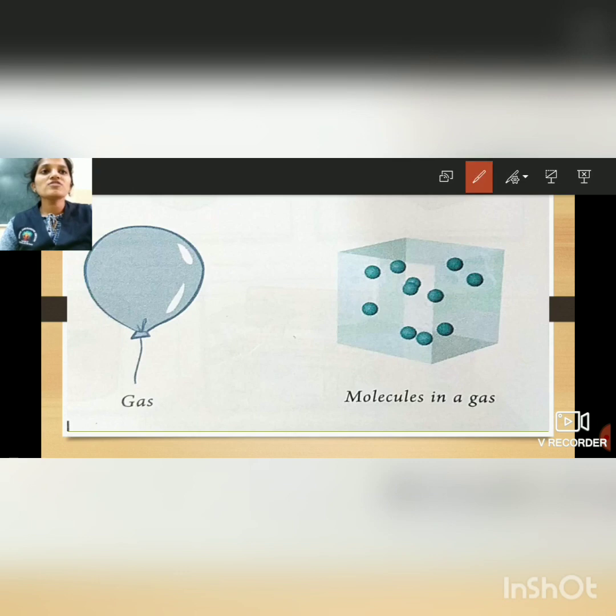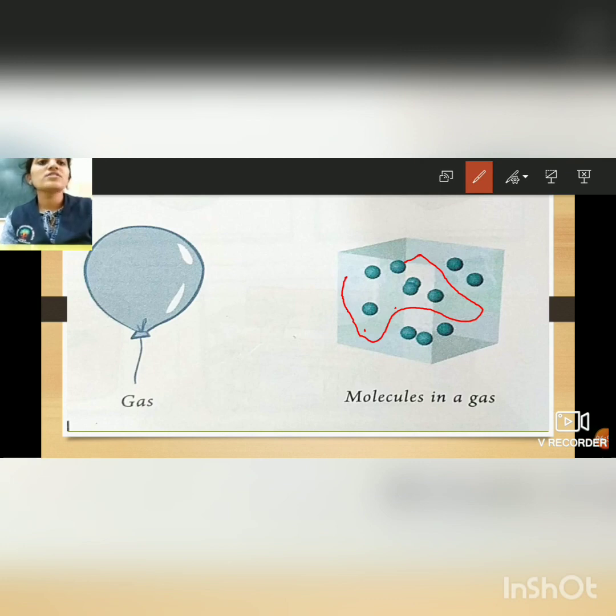And the place of molecules, students, here we can see that there is a lot of space present between the molecules, and that's why gases also don't have definite shape or definite size. So this was all about gases. Now as we all can see on the screen, there is a lot of space between the molecules, so they can freely move around all the place, and that's why they don't have definite shape, definite size, or even definite volume. So this was all about gases.